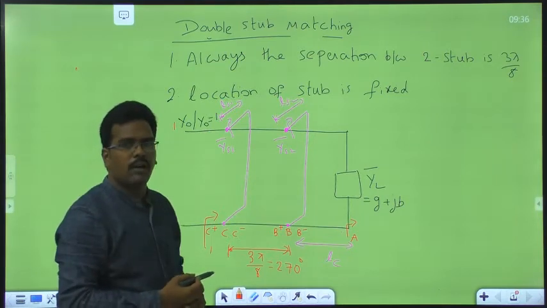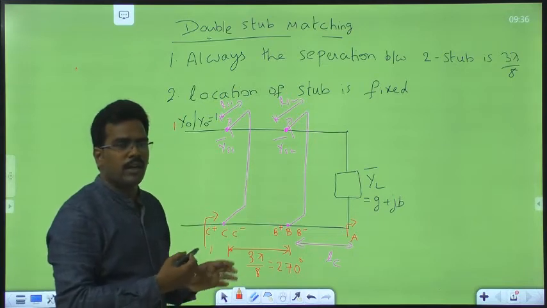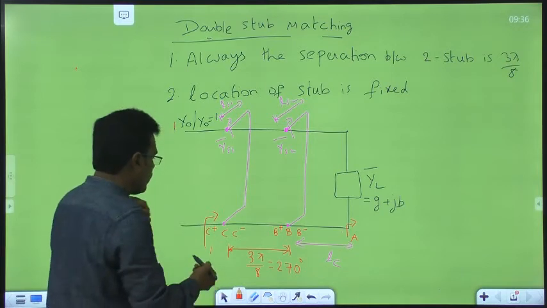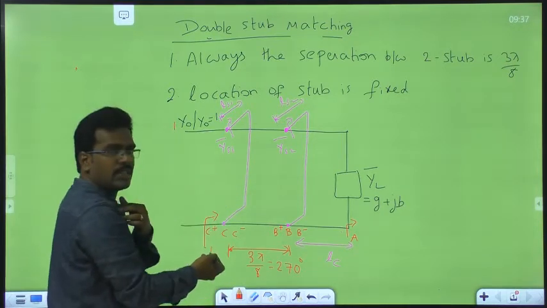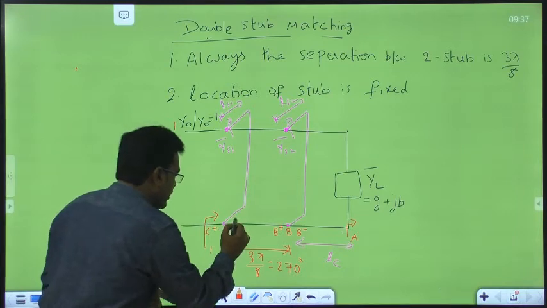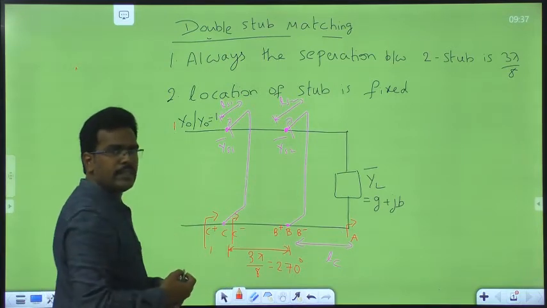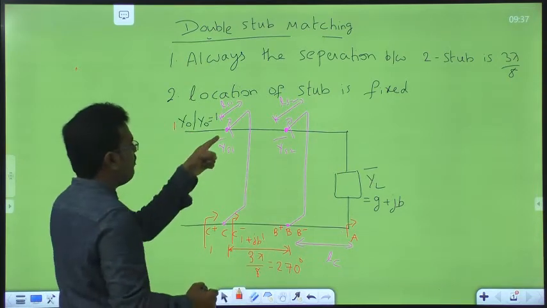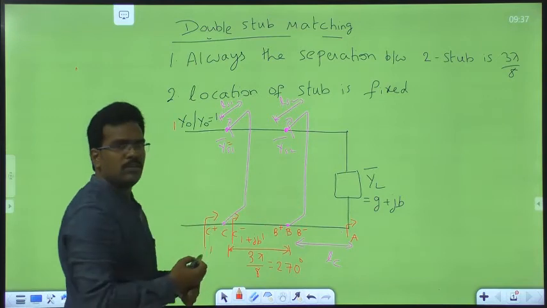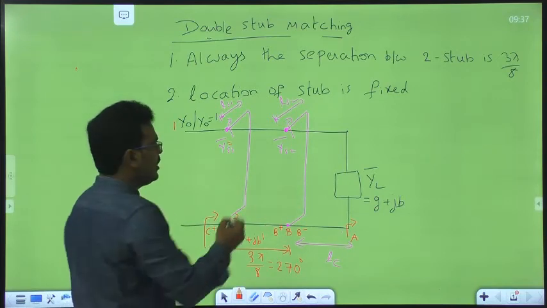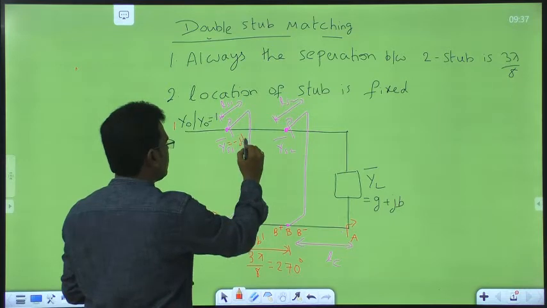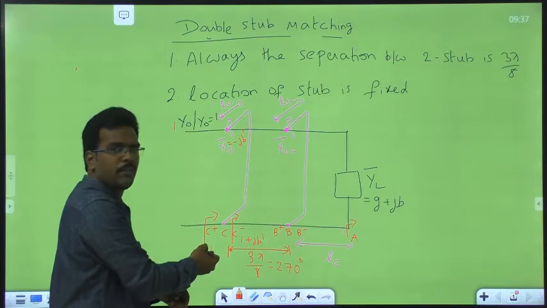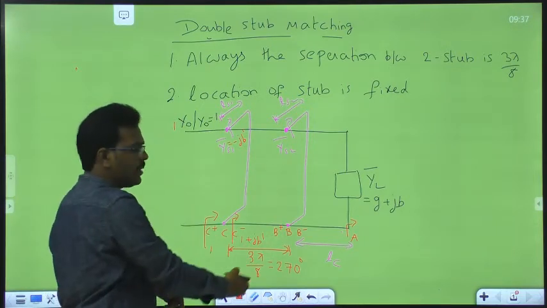Okay. Now first of all, you have to analyze in an analytical method. What are the values we may get? From the previous analysis, if this is 1, what must be the admittance at this point? It must be some 1 plus jB dash, because a step always produces an imaginary value. You have to choose the length of the step in such a way that it nullifies this admittance value. Then only you can say that it is going to give 1 at the C plus point. So this is clear from the previous topic.